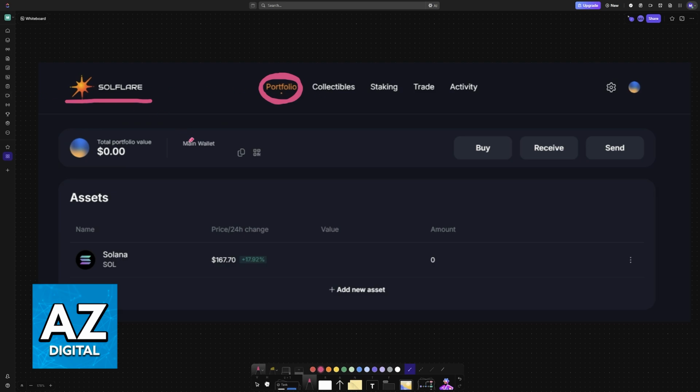So to start, if you already have an account set up with assets and you would like to connect it to MetaMask, follow the instructions here first. Alternatively, skip ahead if this is your first time using Solflare.